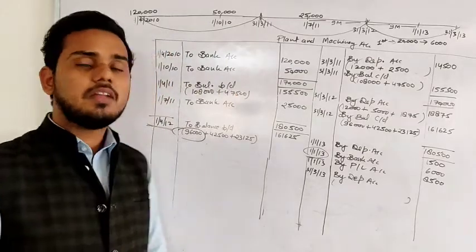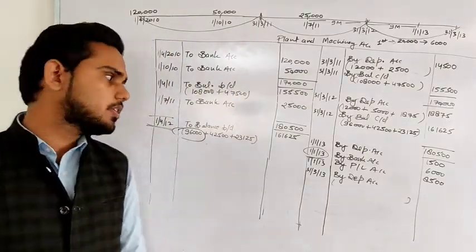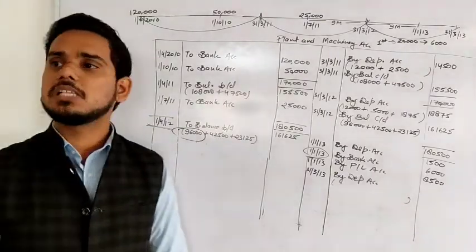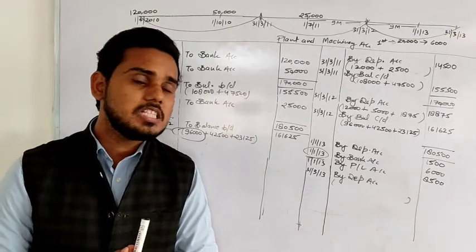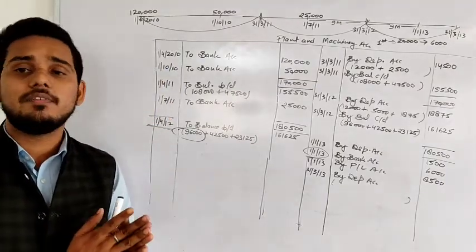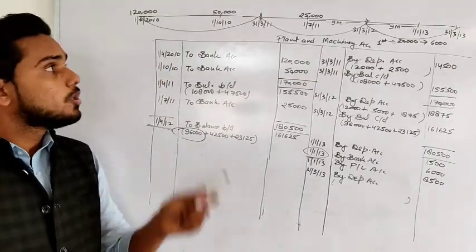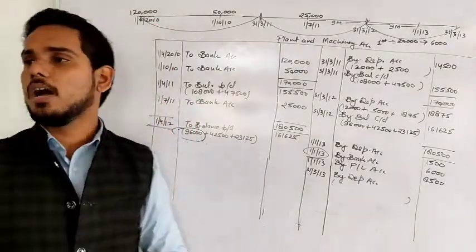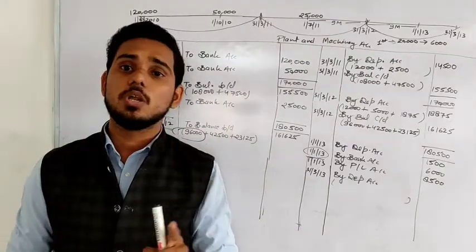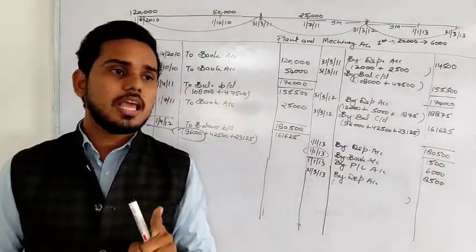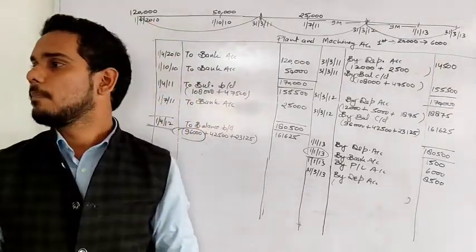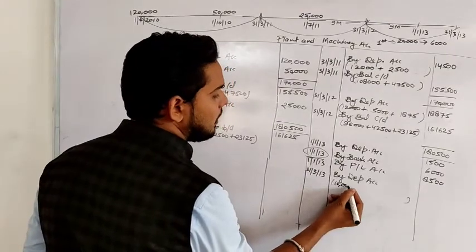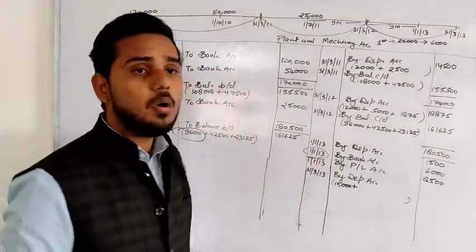Now, we are following the original cost method. We are having 3 machinery: third one, second one, and a part in first one is still left. So we charge depreciation only on the part which is left, not on the whole machinery. Depreciation on the whole machinery was applied on 1,20,000, but now we are having only machinery of 1 lakh rupees. So we'll calculate depreciation on that 1 lakh only, and that will be 10% we are following now. So 10% of 1 lakh will be 10,000 rupees for the whole year, right?